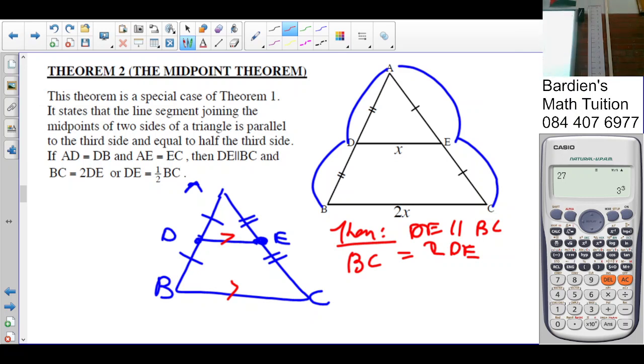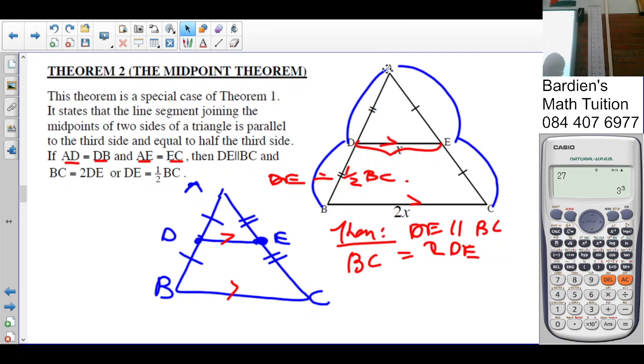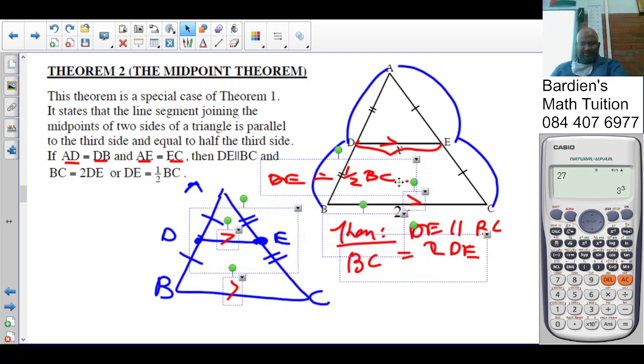So if you read here, they say if AD is equal to BD and AE is equal to EC, then DE is parallel to BC and BC is going to be double DE, or DE of course is going to be half the length of BC. Okay, that was the midpoint theorem. Then there was a converse to this theorem, the reverse of this theorem, which states